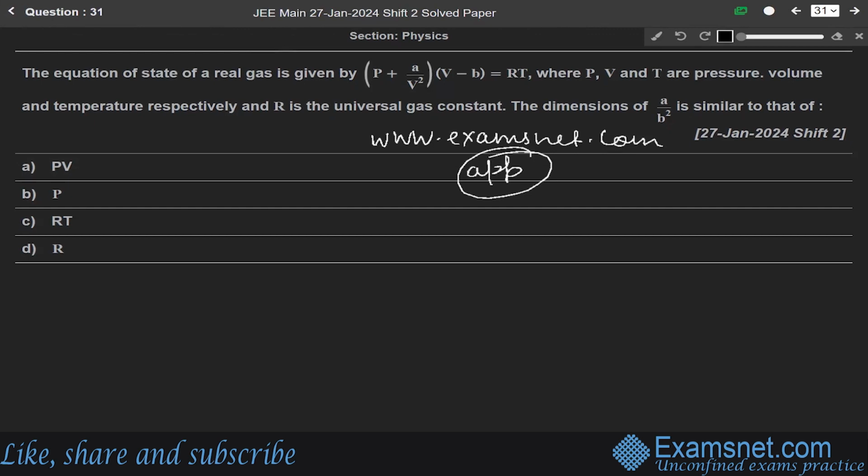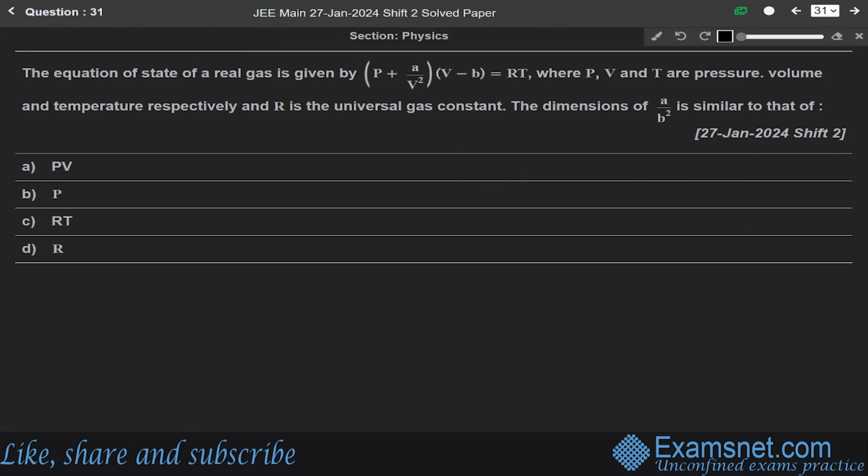So today, students, we will be solving the JEE Main 2024 question paper of 27th Jan, shift 2. In this particular video I'll be solving the physics part of the paper. So here we go, starting with the first question of the series, question number 31 of the physics part. This question says that the equation of state of a real gas is given by